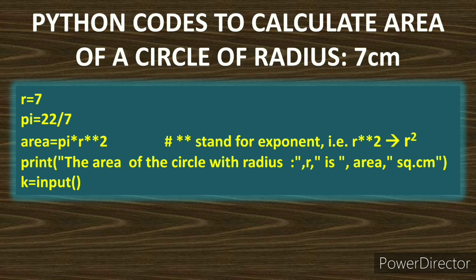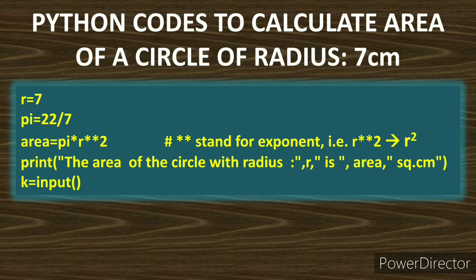Then outside the double quote you can find r. Now this r is nothing but the variable, and what is the value of r? 7. So whenever you run this particular print statement, you will find it is written like that: the area of the circle with radius, then the value of r should come from the variable, not as text. So the output will be the area of the circle with radius 7 is, again within inverted commas, then area is again outside. That means whatever is put outside with a comma, those values will come from the variable, and whatever you put within the double quotes will be text, but it will be in the same line.